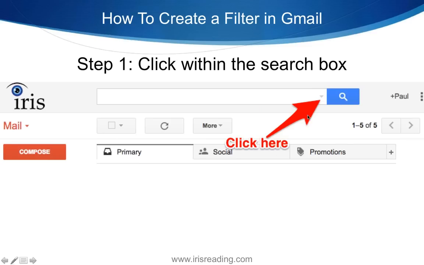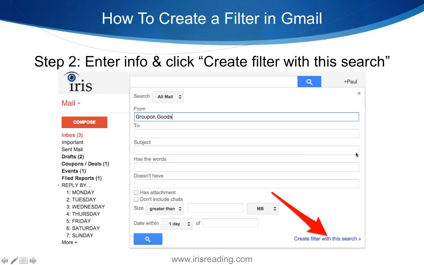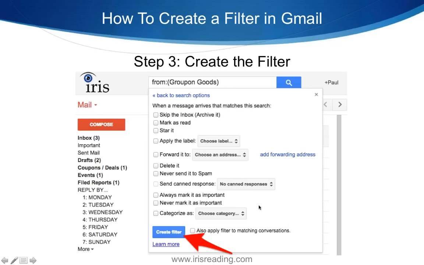You click on the little arrow at the top of the search box right there, and then you create your criteria for the search, and then you say create a filter with the search. So you might say, okay, all emails that I'm getting from, I've got here Groupon Goods, I'm going to create a filter with the search, and I might say, all right, if it's coming from Groupon Goods, I want to apply the following label. And maybe I call that label deals or coupons or whatever. Or maybe you're getting emails from travel sites. For me, I get emails from different airlines and different specials that come up. For me, I have a label called travel, and I'll automatically apply that.